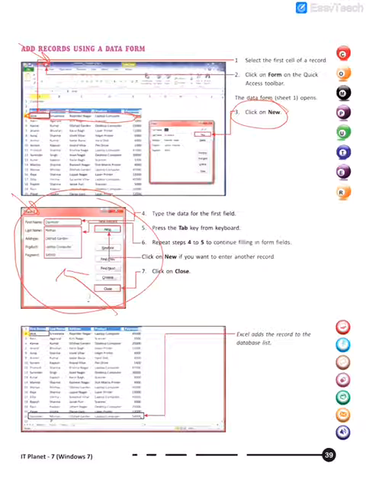Similarly, if we click on a particular information, suppose Ravi Kamal, or Alok, wherever you select the cell, click on the form option, click on new, and it will bring this form dialog box where you will get the entire information.